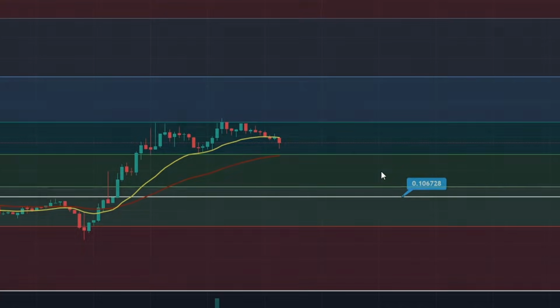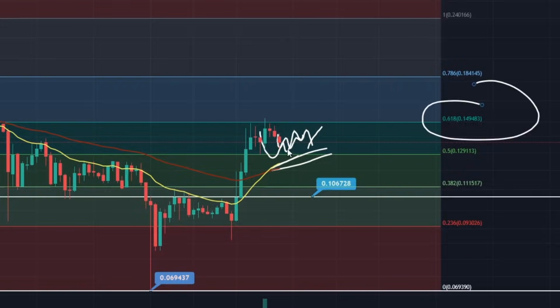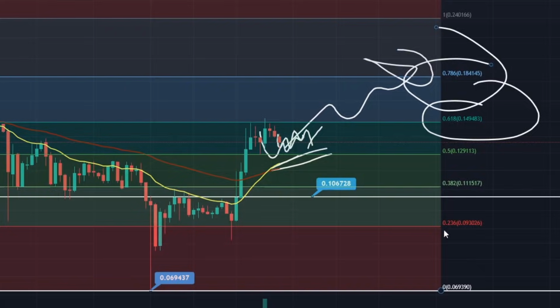Failing that, if we switch back to the 4-hourly time frame, you can see that the EMAs, the 20 and the 55, which you do need to see yourself stay above for continuation, they are actually above that. So effectively, what might happen, it might just hang around here for a little bit, allowing these EMAs to creep up, and as it continually backtests its support, it's going to force you up to take out that, okay, and march onwards and upwards and take out this approach to 0.786 there. So do keep an eye on that. They're your fallback